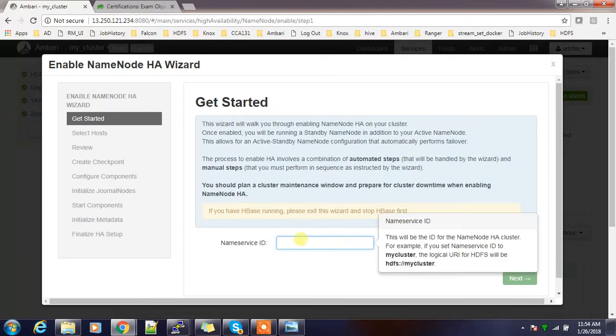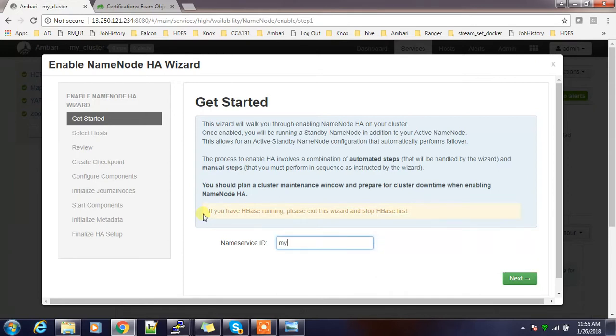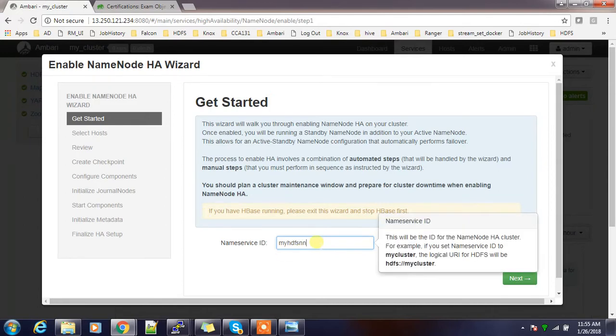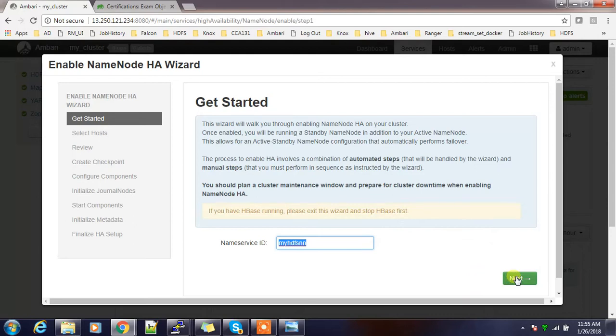You need to provide a name here, because this name will be resolved to whichever of the NameNodes is the active one. I'm just using something like NameNode HA. You can use any name, but it is better not to use special characters. So I can use something like my HDFS, and this is the logical name. Okay,